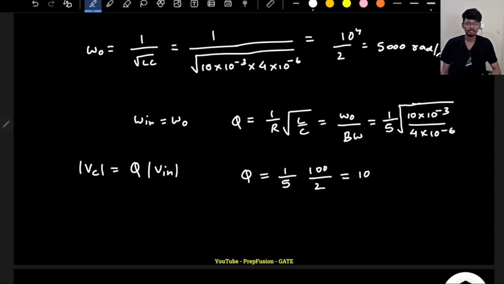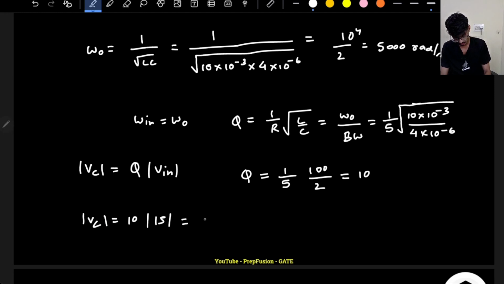Okay, so if the quality factor is 10, you will just directly say that the magnitude of Vc will be equal to 10 times the maximum value of V in, that is 15. So it will be 150 volts, and you will be very wrong. Okay, because you haven't yet studied signals. And what have I told you? This formula